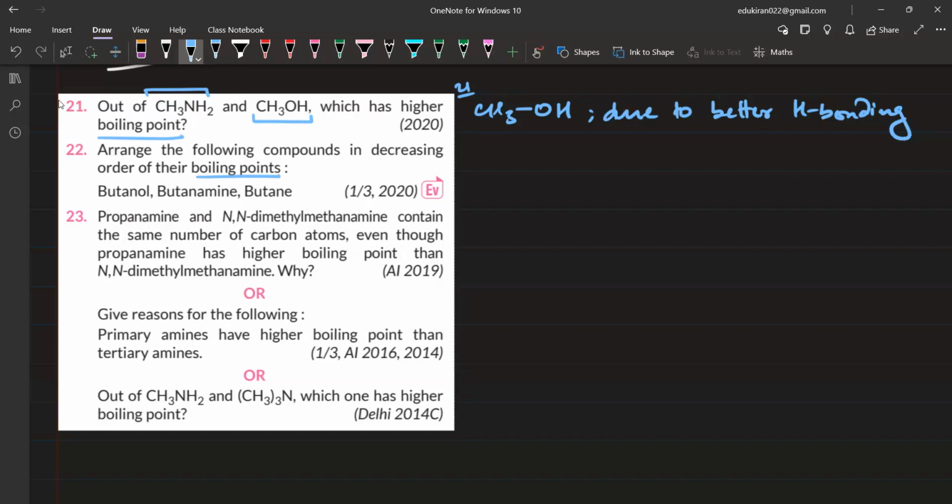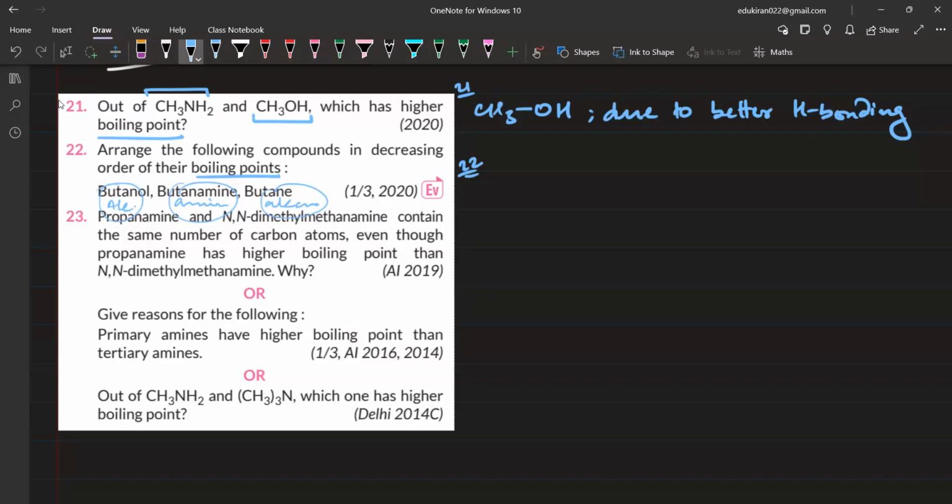So सबसे पहले we will see the compounds. So this compound butanol, it is alcohol. This is amine and this is alkane. ठीक है। So सबसे इसमें हाइड्रोजन बॉन्ड दो में है, अल्कोहल और अमीन में हाइड्रोजन बॉन्ड है, एंड ब्यूटेन इज नॉन पोलर, सो ब्यूटेन विल बी लीस्ट। तो आपके पास जो ऑर्डर होगा डिक्रीजिंग ऑर्डर, सबसे ज्यादा होगा अल्कोहल का,